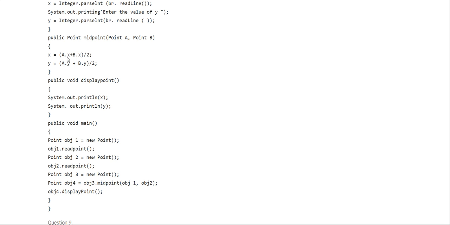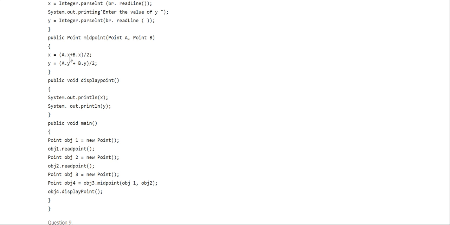A.x will represent the first value of x because it uses the first object A. The class is Point, its first object is A and its second object is B. Two objects we are using here. With the help of the first object we use the first value of x, and with the help of B we use the second value of x.